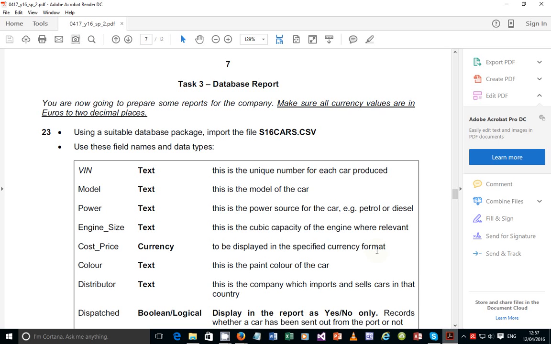Alright, so you are now going to prepare some reports for the company. Make sure all currency values are in euros to 2 decimal places. This is very important, and that's why it's been underlined. Okay, so step 23, using a suitable database package, import the file